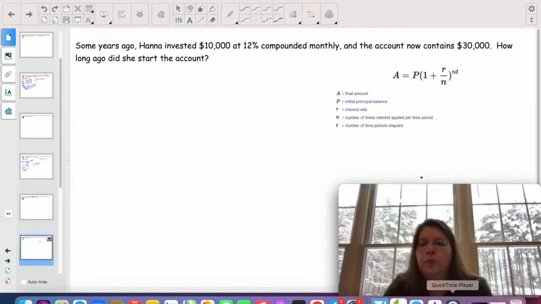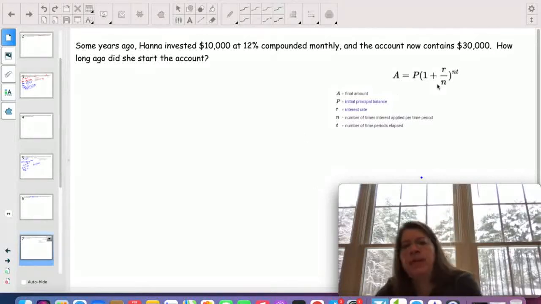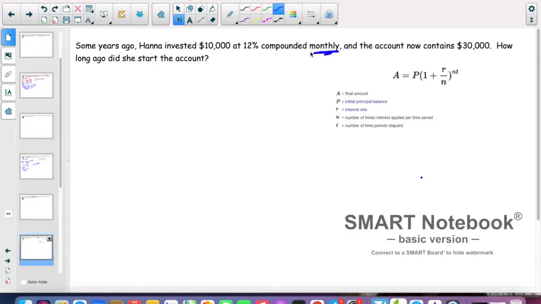So this is the formula we're going to use. A equals P times 1 plus R over N to the NT power. So this is a compound interest problem where it's compounded monthly. Now, if it tells us that it's compounded monthly, that means our N, the number of times it's compounded, is 12 times in a year. Our A is our final amount. P is the initial principal balance